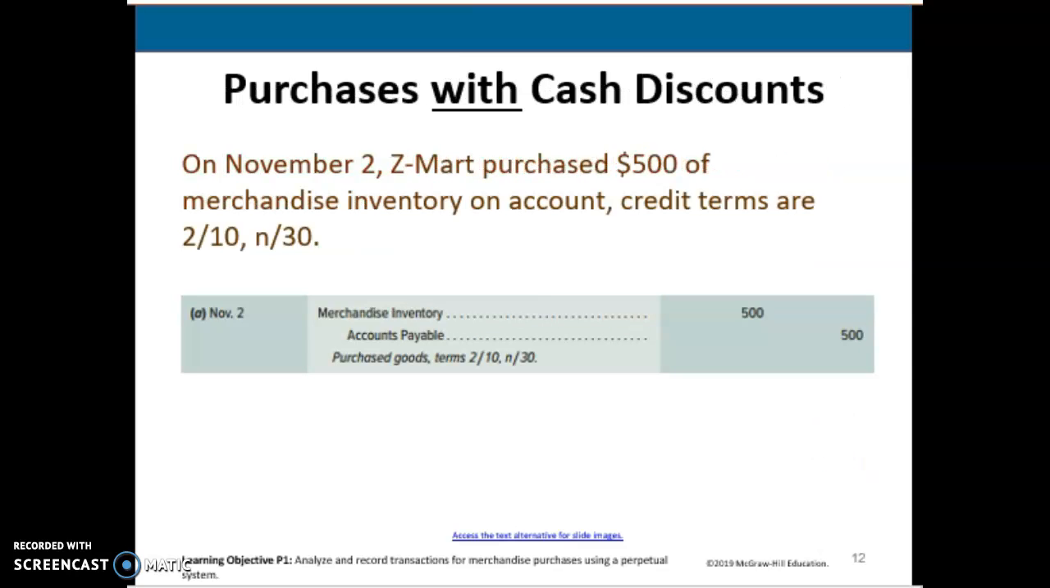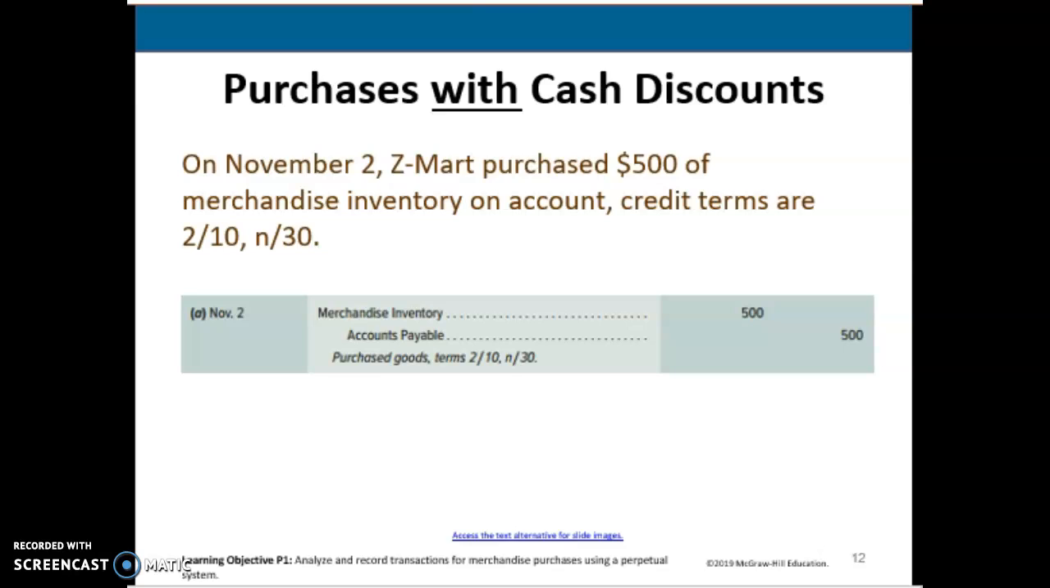Now the next part talks about cash discounts. What that is based off of is credit terms that are set. If you pay before the final credit terms, then you are offered a discount. So when you are a merchandiser, the faster you get your cash, the better off you are to be able